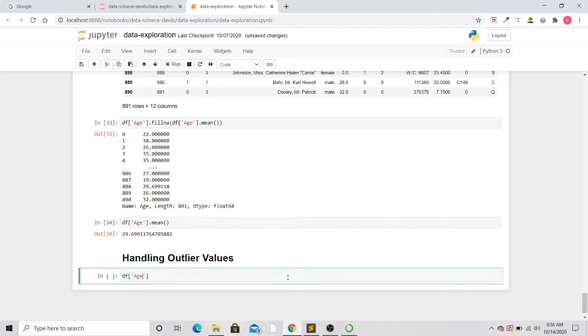So df age, and in order to plot a box plot you have to simply grab the column which you have to plot, and then write dot plot dot box. As it is a method, we will write opening and closing parentheses, and then either you can click run here or you can hit shift enter. I'll choose the second option, that is hit shift enter.